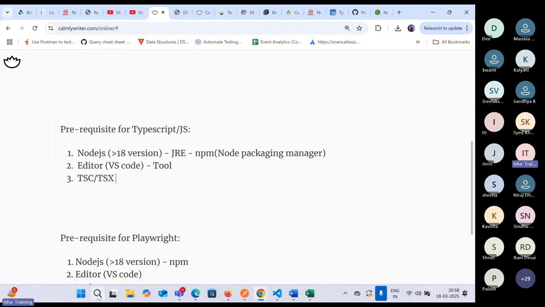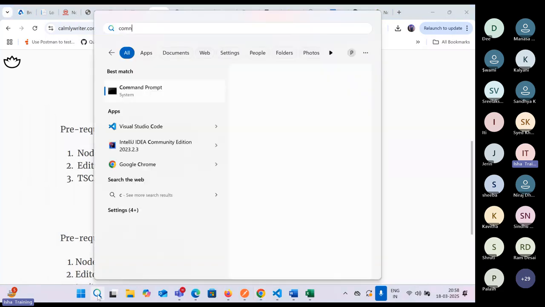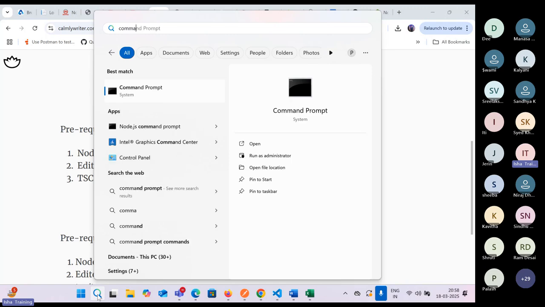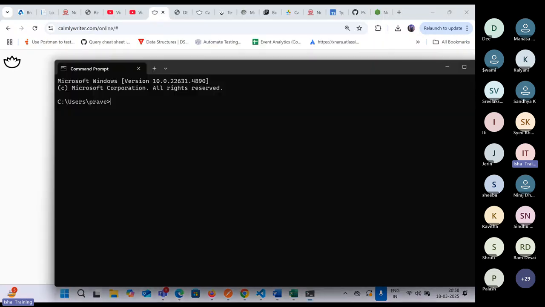For that, if you're using a MacBook with Mac OS, you can go to the terminal. If you're using the Windows operating system, you can go to the command prompt and then just type a command known as node space minus version. If it is displaying the latest version that it has installed, that means Node.js has been successfully installed in your system. So you can see that it is saying version 22.14.0, which is the latest version that is available